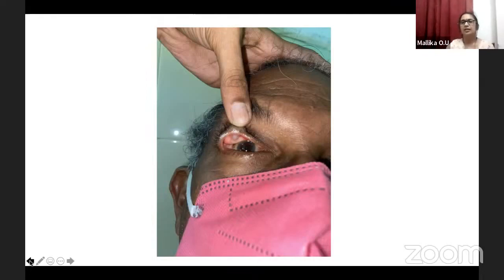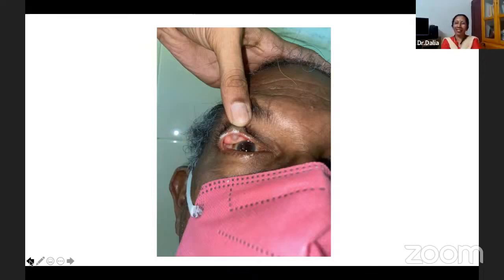Marian, anything else to discuss? I just wanted to ask, there is no proptosis in this case. If there is proptosis, how will you manage? There can be orbital invasion, so we are suspecting orbital invasion. How will you proceed then? How will you confirm orbital invasion? MRI. Imaging should be done, otherwise there may be no PL, just PL, PR inaccurate. Yes, MRI should be done to look for soft tissue involvement and extension of orbital involvement. We know the posterior extent and the structures involved, whether the sclera is involved,